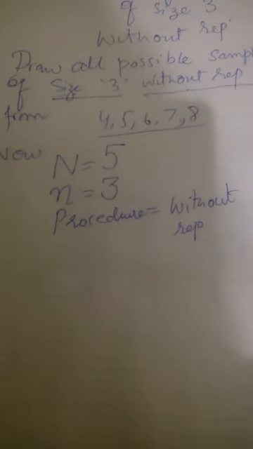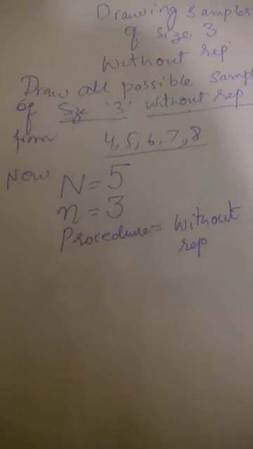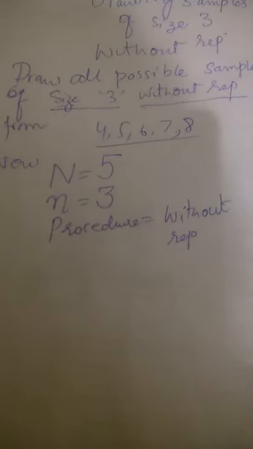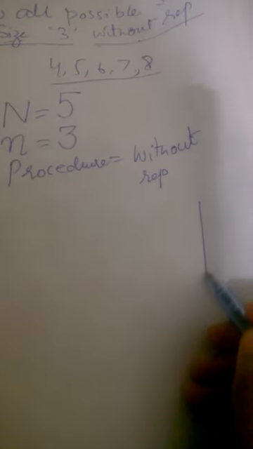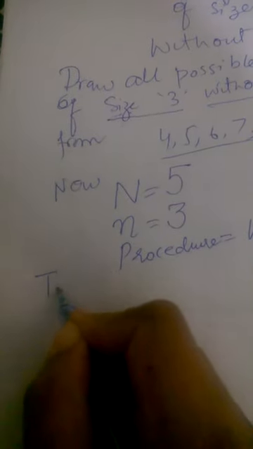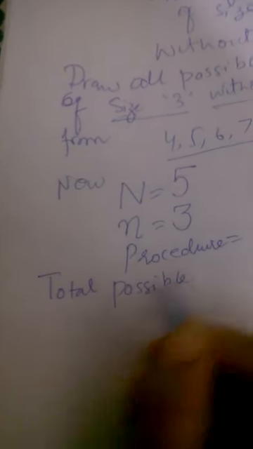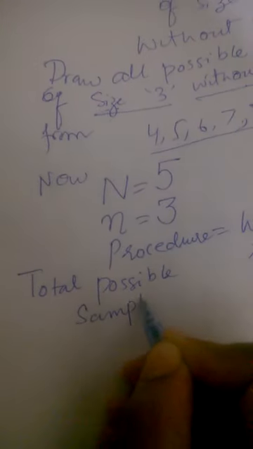Okay, now before starting to draw samples of size 3, we have to make samples of size 2 in our rough work for our help. So in this case, we will make samples of size 2. But before making samples of size 2, let us check what is the total number of possible samples. Total possible samples can be found by the formula